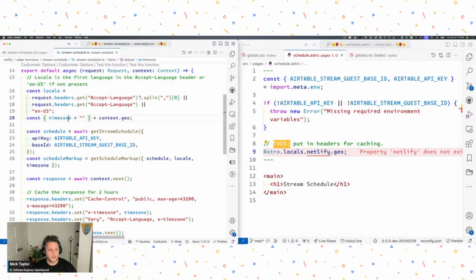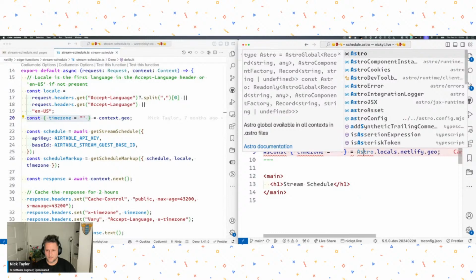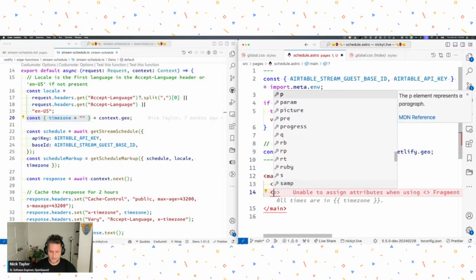But let's go ahead and do this. I'm going to do const time zone. And I put a blank time zone in case there isn't one. Okay. And let's get rid of that. Now it's still complaining about the Netlify, and I'll show you how to fix that in a bit. You can do something in TypeScript called declaration merging. Okay. So let's go ahead and